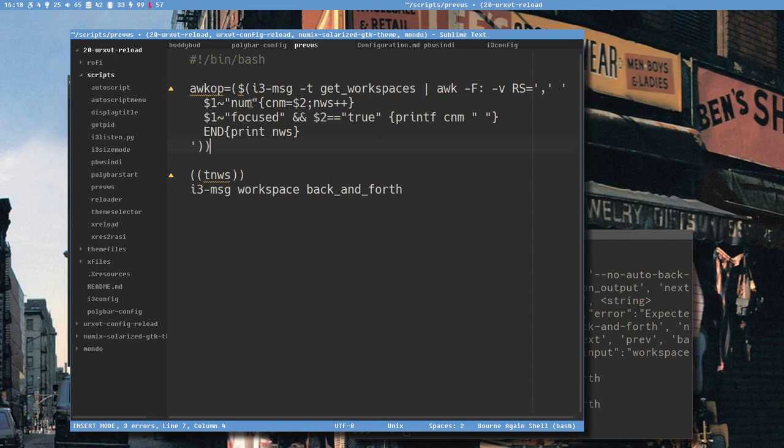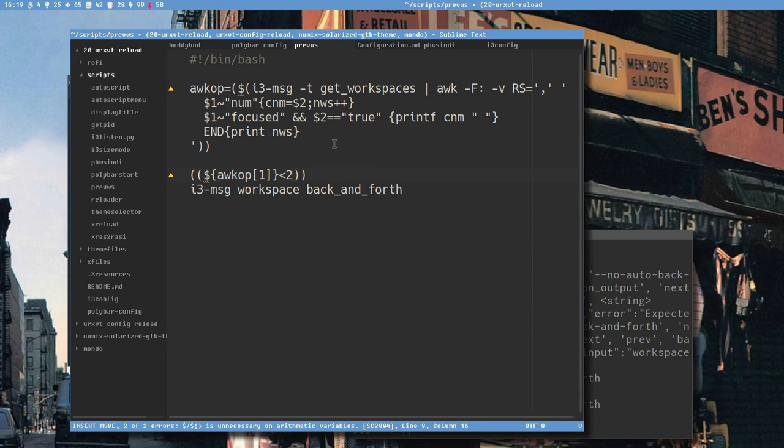So now it's an array with the first key equal to the currently focused workspace and the second key to the total number of workspaces. And now, since it's an array, we need to put it inside braces like this, I think. So AWKOP 1, which is the number of the existing workspaces. If that is less than 2,